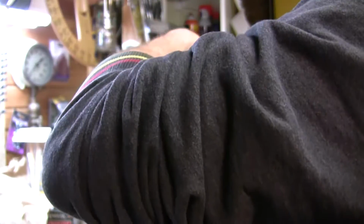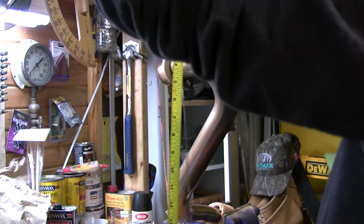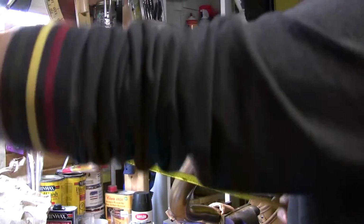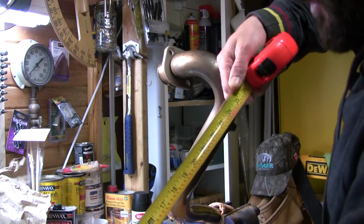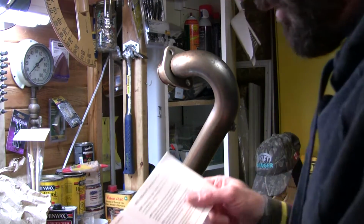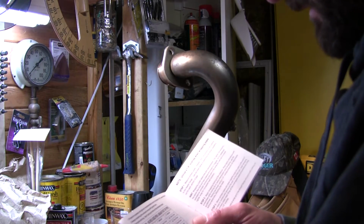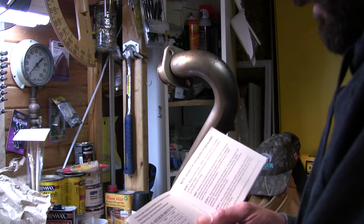Now I've used a string to measure the length of the pipe, and a handy trick to measure anything with curves in it is to use a string. Simply mark the string and measure it with a tape. As you can see, we've got about 26 inches there. Because the size chart says that we need 44 inches of wrap for every foot of a 2-inch pipe, we're just going to call this pipe 3 feet and measure out